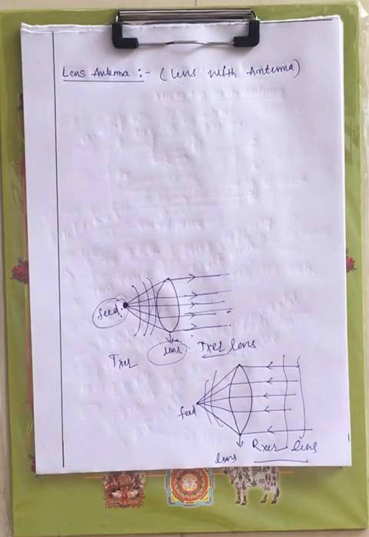The planar wavefronts are getting converted to spherical wavefronts. Now this is about the principle of lens antenna, right? At the transmitter side, you will have a transmitter lens, if you are using the lens antenna at the transmitter side, and if you are using the lens antenna at the receiver side, that is the receiver lens.